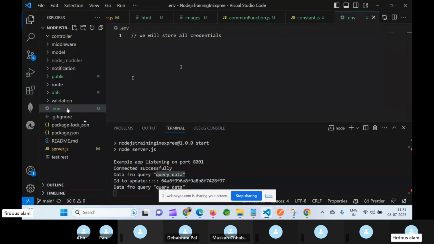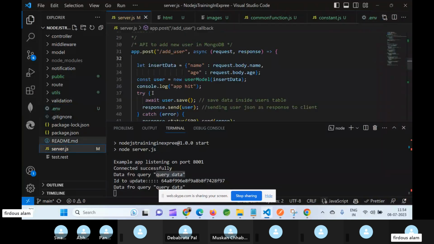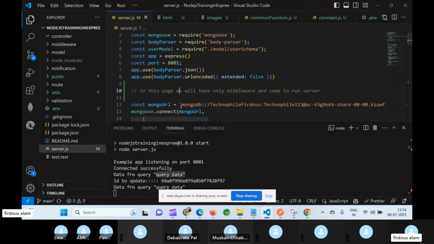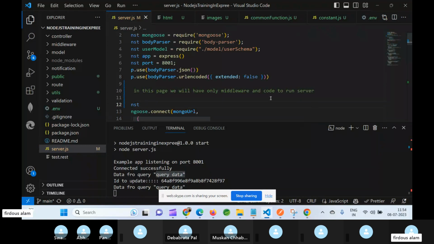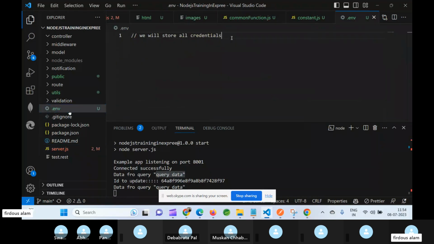So .env is a very important thing where we will store all credentials. What kind of credentials? Right now we are using something like these DB connections. This kind of credential we will not put here. We will put it inside the .env files. Okay,